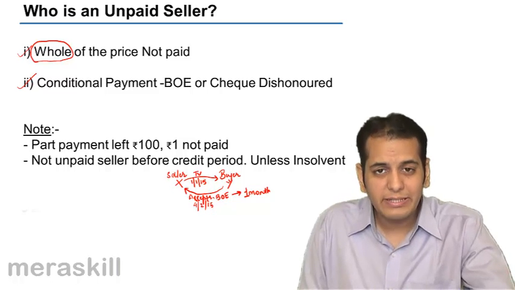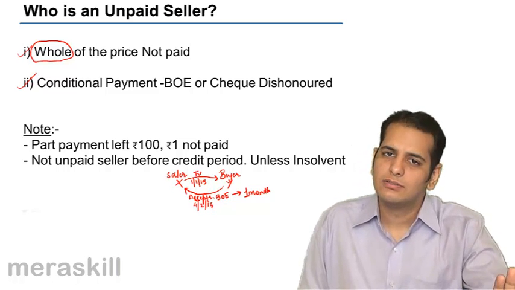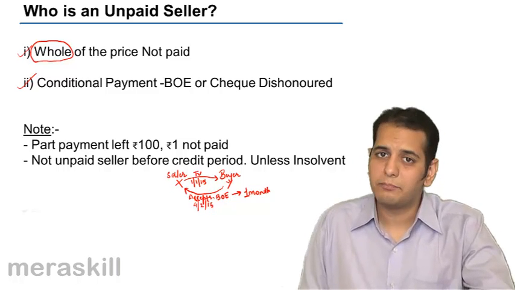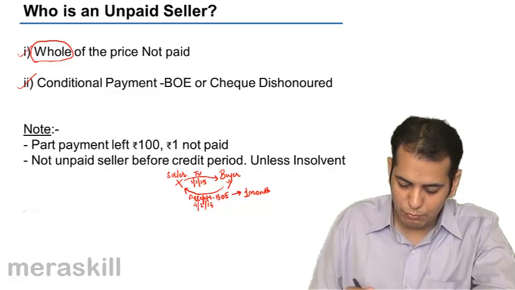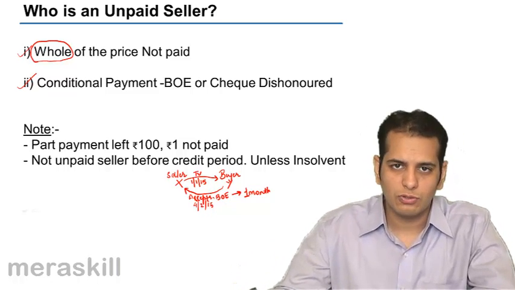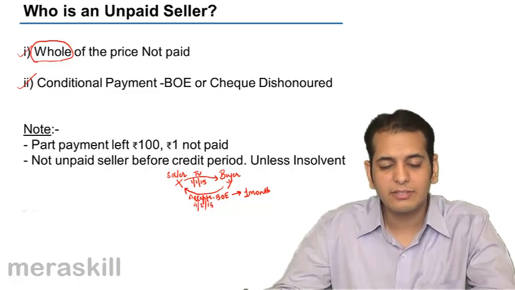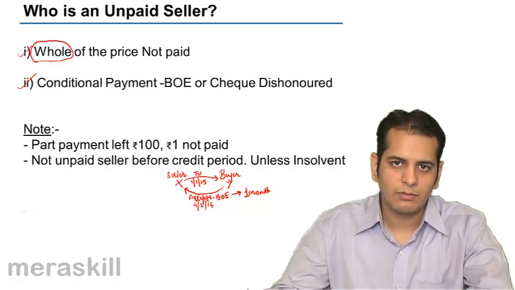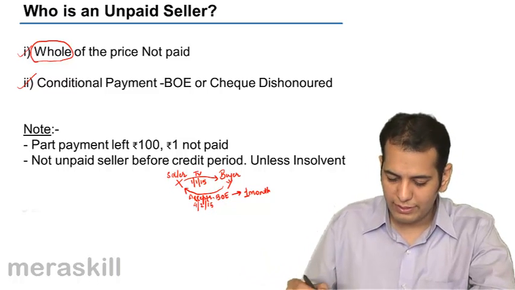So on 15th Jan itself, X will be said to be an unpaid seller. So these were the 2 points that I wanted you to have a clear focus on, because normally when we read the definition, these 2 points do not strike us. Okay, so let's move ahead